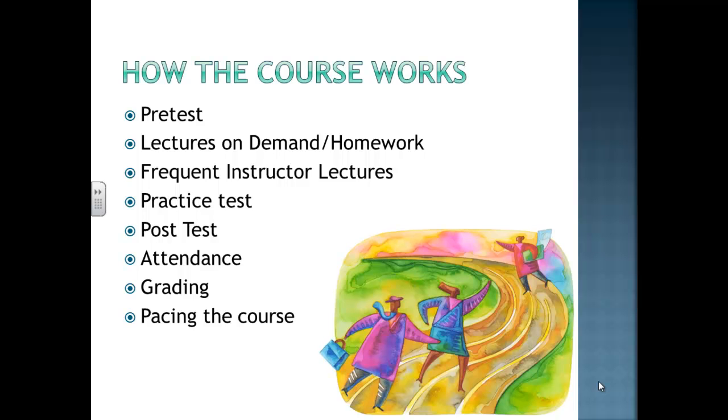So let's say you score 40 on a pretest, which is not a bad thing. You're not expected to pass a pretest. It's just to gauge where you are, your knowledge base for that particular topic. If you score 40, the system will populate your homework based on your score. So some of your homework will already be complete. If you choose to, you can bypass the pretest altogether. So one of the instructors can input a 0 for your pretest. That just means you have to do all of the homework.